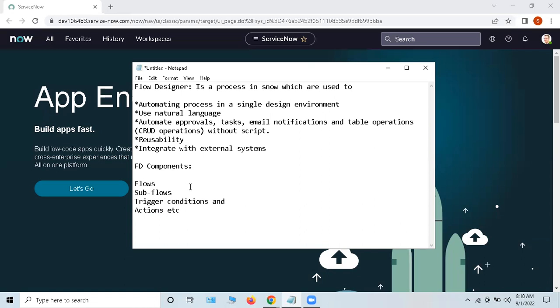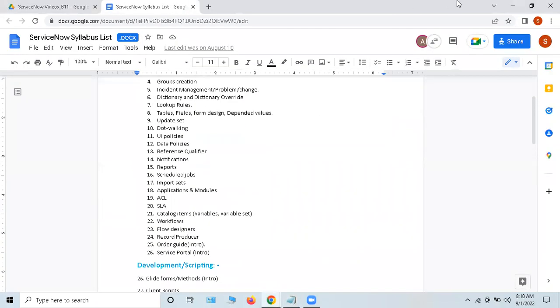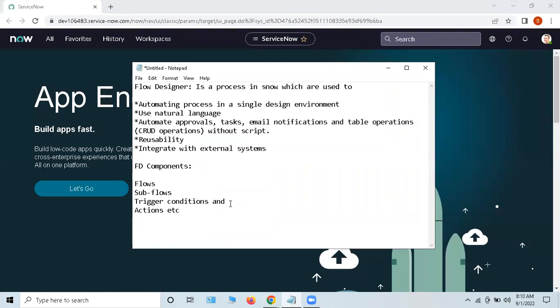And this specific flow designer can be used for multiple catalog items as well. Not only for catalog items, we can even call it in integrations with external systems. We are going to discuss integrations too, right? In the next classes. Even in integrations we can use flow designers, for example with REST API, SOAP API, and all this stuff, which we will discuss in the further concepts when we are discussing integrations. So as of now, just focus on this stuff. This is how we are going to work on